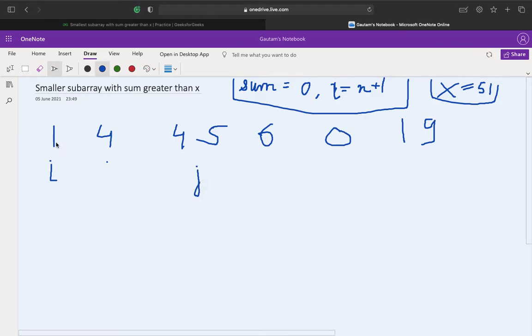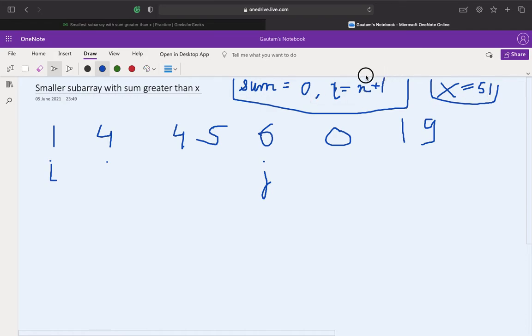Now the sum of values between i and j is 45 plus 4, 49, plus 1, 50, which is again less than 51. We'll again increment j. So j will come over here, and right now the sum is 55, I guess. So 55 is less than 51, right?